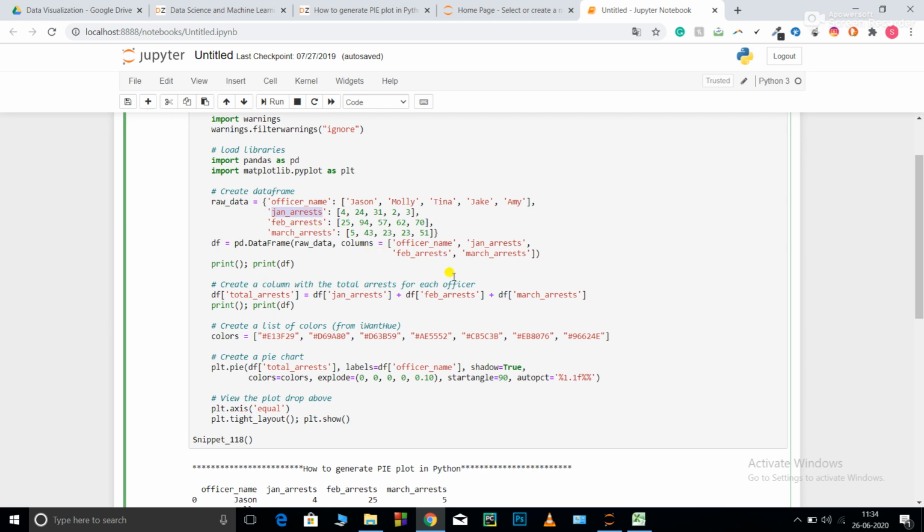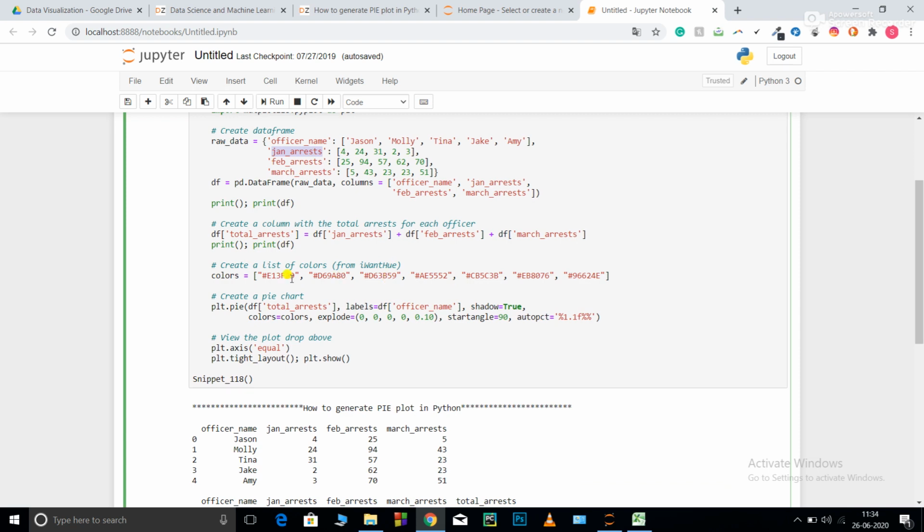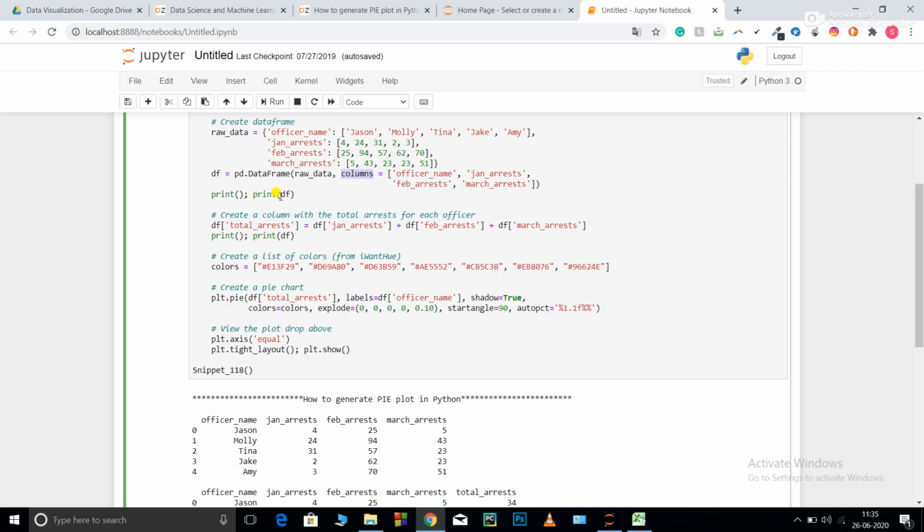After that, I converted this data dictionary into a data frame using the pandas DataFrame function. So df equal to pd dot DataFrame, you need to pass the data dictionary, then the column names. My column names are going to be the same as the dictionary index. After that, print df. This will print my data frame.